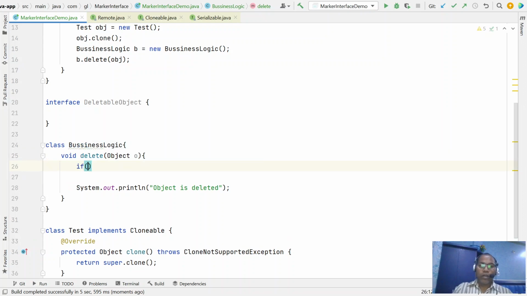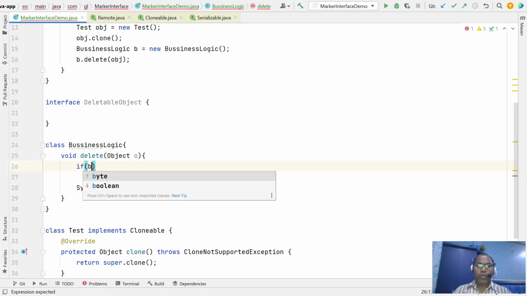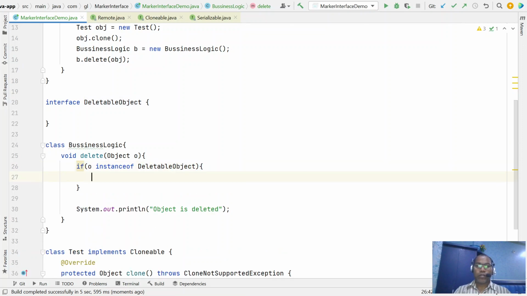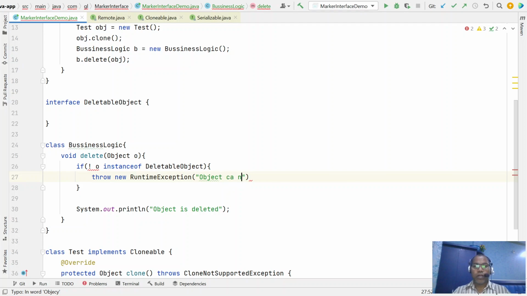Whatever object you pass, if it is not an instance of DeletableObject, just throw a new RuntimeException: object cannot be deleted.